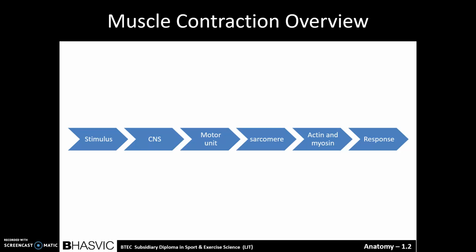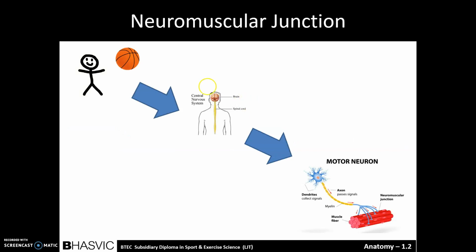And the brain consciously makes a decision on what to do. And that creates an impulse, and that is sent down the spinal cord to the motor unit. And that motor unit then sends that impulse down into the muscle and eventually reaches the sarcomere. Inside the sarcomere, there's actin and myosin, and then they bond, using the sliding filament theory to create a response where a muscle is contracted. This is a very simple and quick explanation of it. So to put it in more detail,